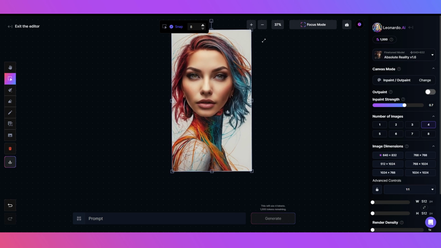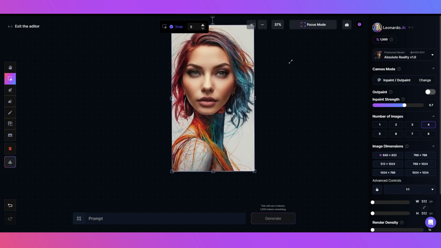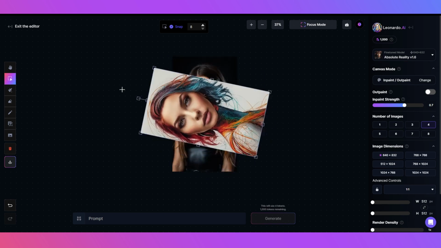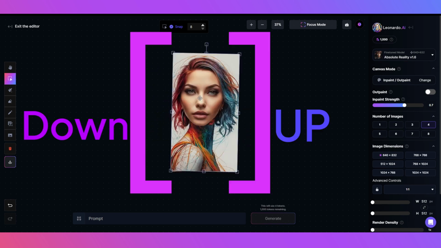Now for the pro tricks I promised you earlier. Not only can you resize with the select tool, if you click this little square at the top, you can rotate. And for an added bonus, with your image selected, you can use the square bracket keys to change layers